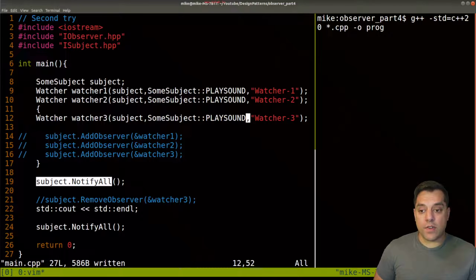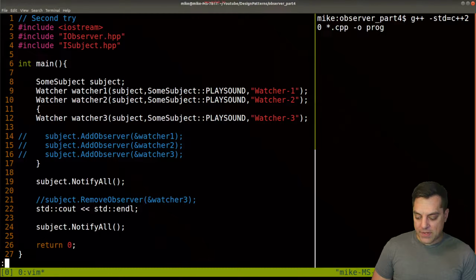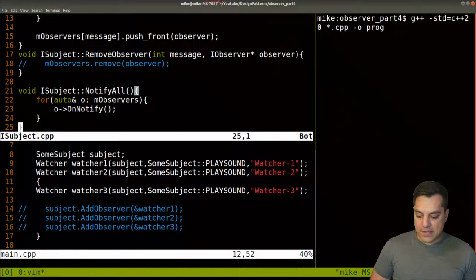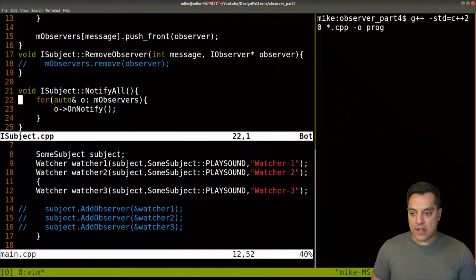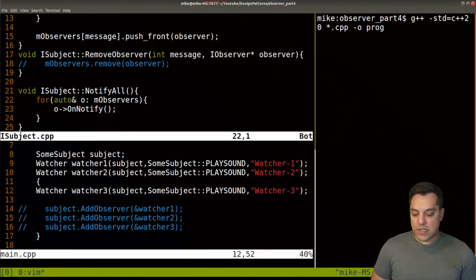modify our NotifyAll here to make sure that we are in fact iterating through our entire map here. That was the one thing that I forgot, so I'll add that here. And that's in our subject. And let's go ahead and take care of NotifyAll here. So for this, let me just go ahead and rewrite this. Actually, let's see. Let me give this a try here. And let's go ahead and